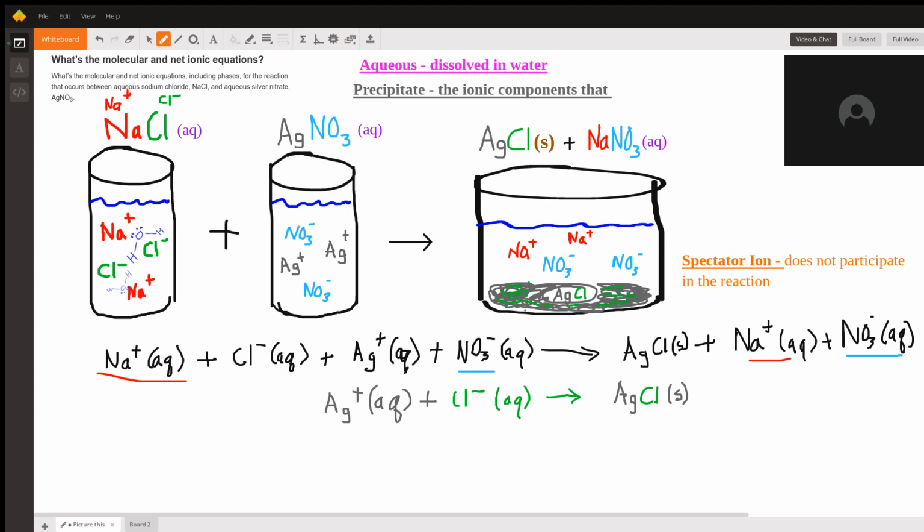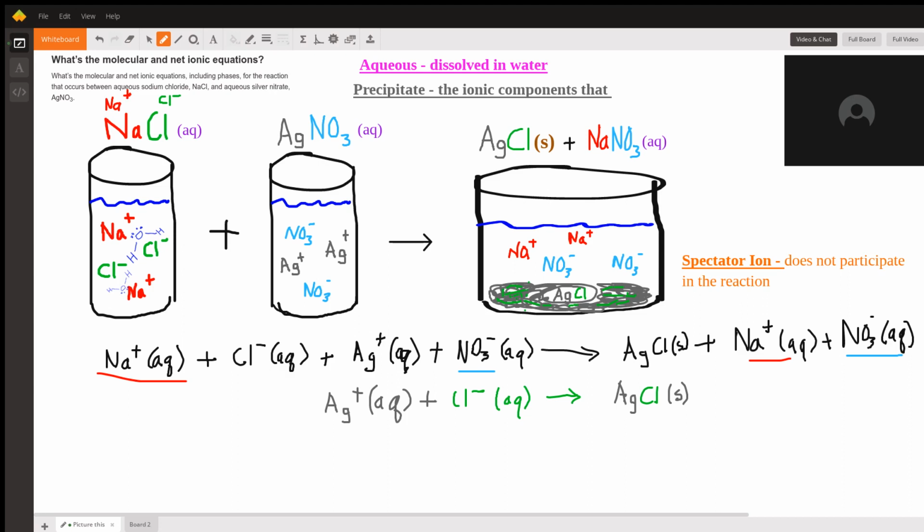Nitrate is always going to be soluble, no exceptions. So when you look at this compound that has sodium and the nitrate, it says that it is definitely going to be broken up into the sodium and the nitrate